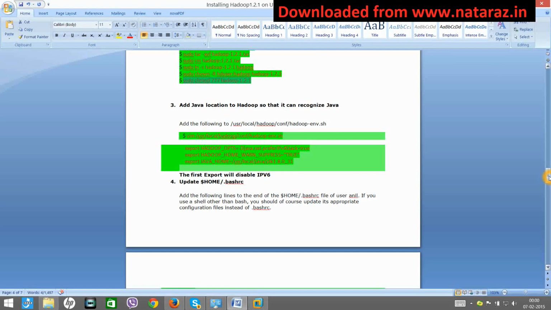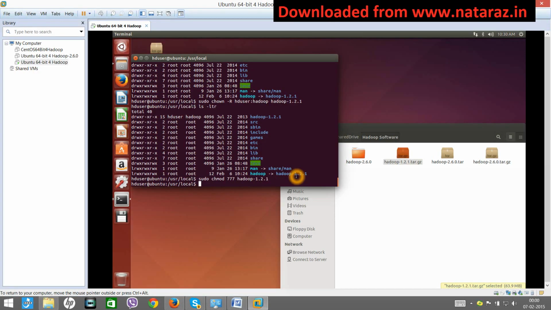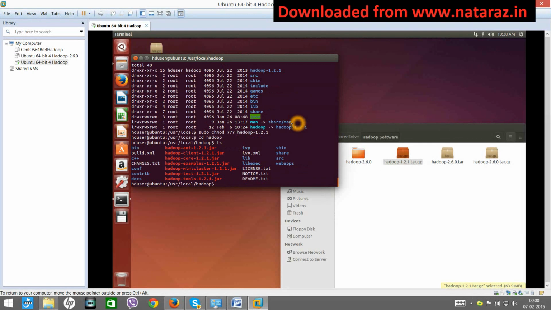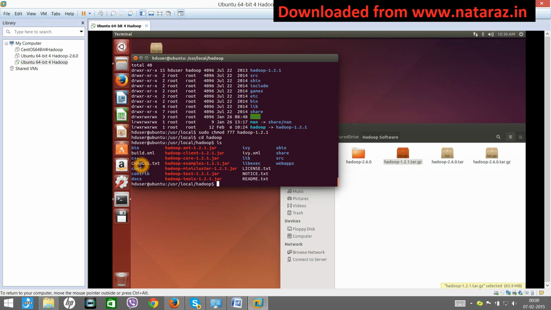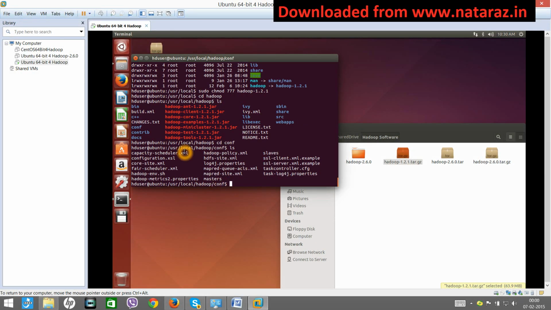Next, now let's go to Hadoop folder, cd hadoop, ls. Now here you will get a lot of folders. So we must configure the Java path. So you just go to this file, hadoop-env.sh. It is present inside your conf folder. Okay, in this Hadoop you will see there is a folder called conf. So you just go inside, cd conf, ls. Here you will find hadoop-env.sh. Here we have to specify the Java path.